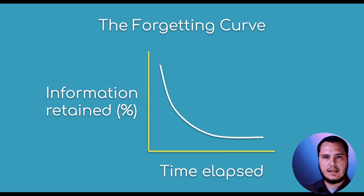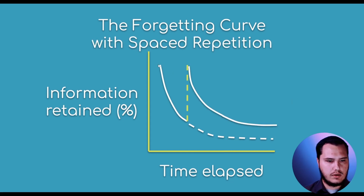It's basically taking advantage of a psychological spacing effect: when you spread out repetition of learning, it gives your brain time to encode short-term memory into longer-term memory. And if we look at the same graph, we can overlay later learnings and introductions to this information and show exactly what we mean by that. So if you first learn the information and then it drops off, but then you reintroduce it at some time afterward, then the rate at which you forget it changes,